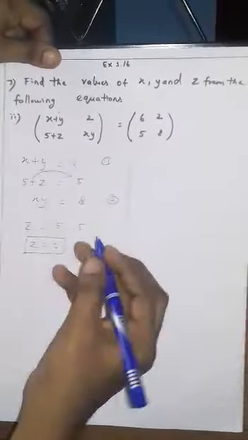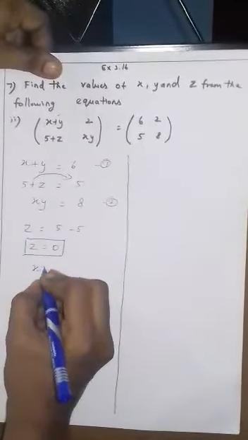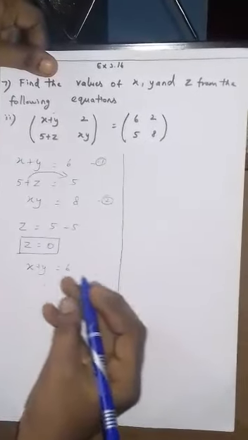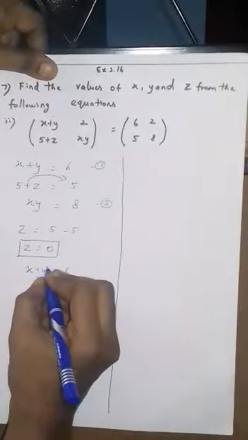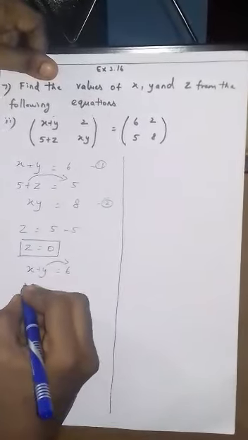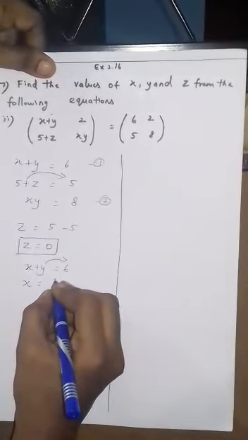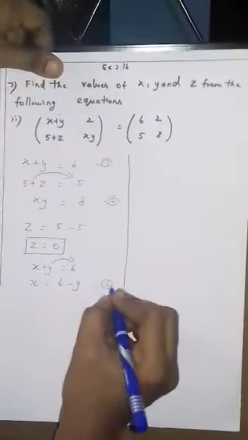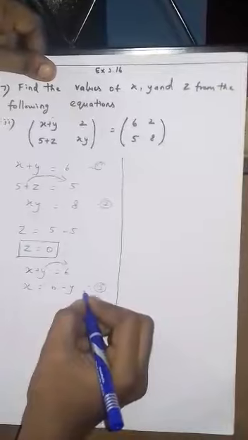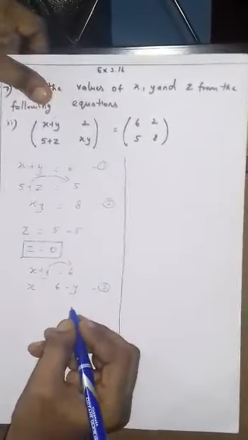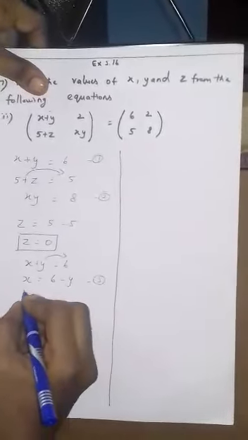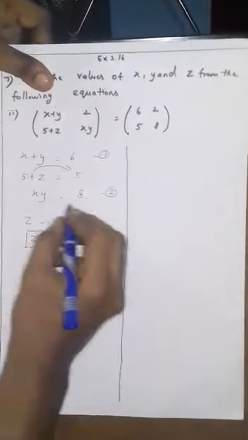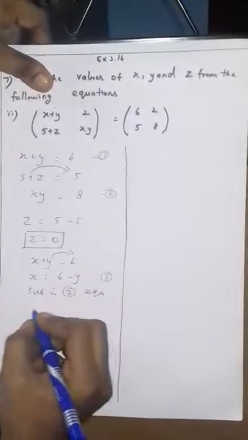First you take the first equation, x plus y equal to 6. Any one variable term we can change to the right hand side, x or y, any one term. So y is changed to the right hand side. For x equal to 6 plus y, changing to minus y, x equal to 6 minus y. Call this the third equation. This value we substitute in the second equation, xy equal to 8. The x value is substituted with 6 minus y.